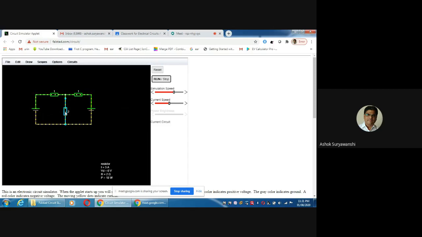Now if you see the 1B assignment, the first question is the same. This means the same circuit is there, and it was asked to find the current I using node analysis, and also find the power dissipated by the 2 ohm resistor. I have set the cursor on the 2 ohm resistor. Again the current showing is 3 ampere, and the power dissipated is 18 watt. So you can see the answers are matching here.